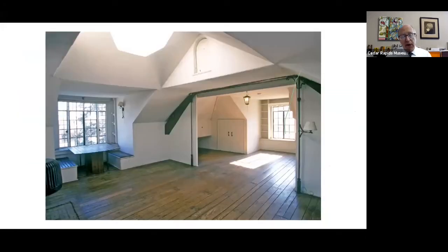What does this mean for our visitors? How do we provide an authentic experience in a relatively empty space? Our efforts to provide an authentic experience are perhaps best demonstrated by walking you through a visit to the Grant Wood studio. After parking in our lot or walking the 3 short blocks from the Cedar Rapids Museum of Art,